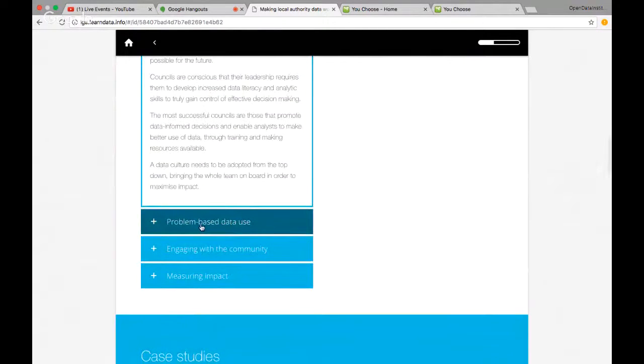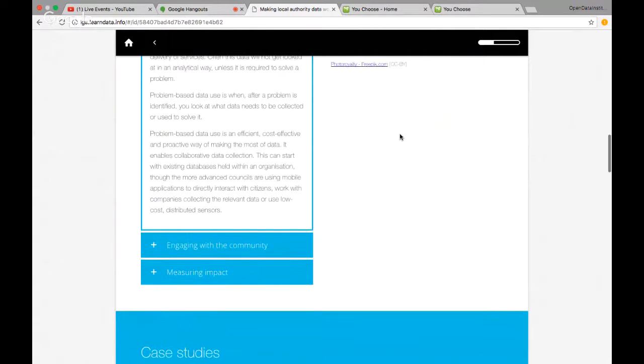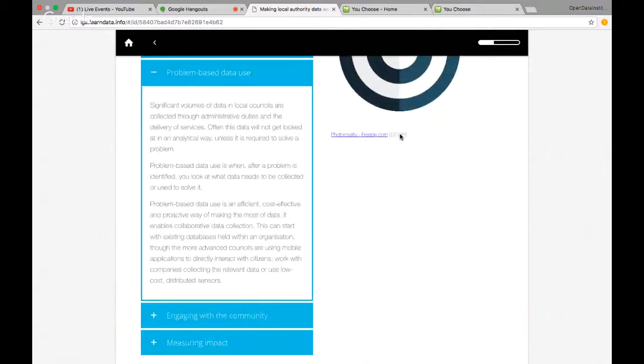So next on the list, problem-based data use. And this is probably one of my favourite things that I do in my typical working week. So looking at, we have this particular issue facing us. What do we know about what's going on there? What data would help us to solve that? Do we need to collect something differently? Do we need to ask somebody else if they have some information? How can we put together that information in a way that tells us what's going on? And an example